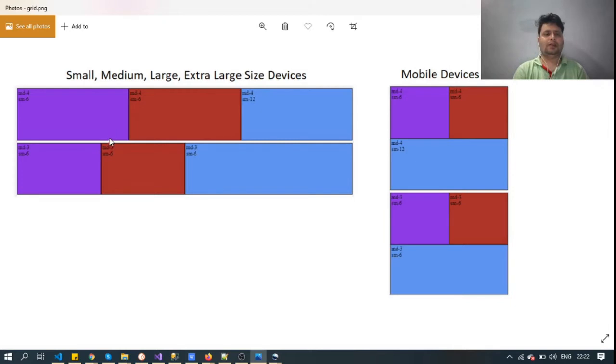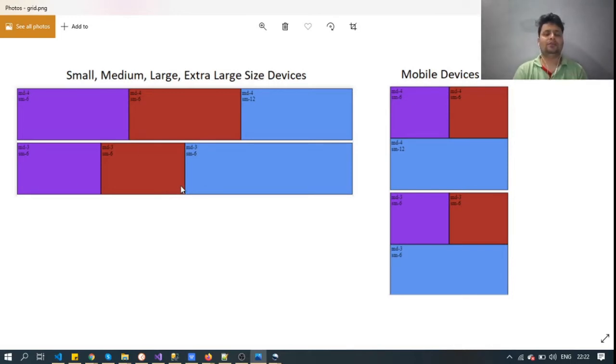For small, medium, large, and extra large size devices, the design contains two rows, and the first row is divided into three equal parts.